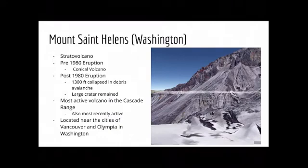So I decided to pick a volcano from each of the 3 states in the Pacific Northwest region to take a closer look at. The first one I chose was Mount St. Helens in Washington State. So Mount St. Helens is a stratovolcano, and before its eruption in 1980, it was actually a conical volcano, but after the eruption, it caused a